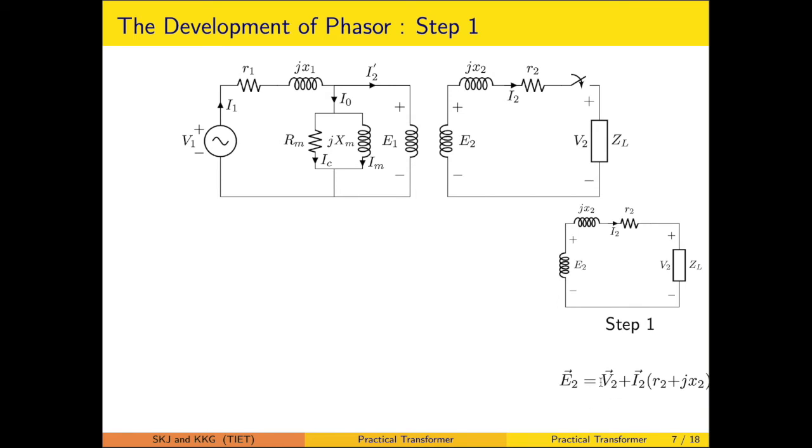This is a phasor relationship because we are dealing with AC quantities. So we can start by taking V2 as a reference. The load current will be known because it pertains to the specified power factor of the load, and we can find out the value of E2. Once that is known, you can refer the secondary quantities to the primary side making use of the turns ratio. So E1 is exactly equal to a times E2, and I2 dash, which is the reflected current on the primary, will be I2 upon a.